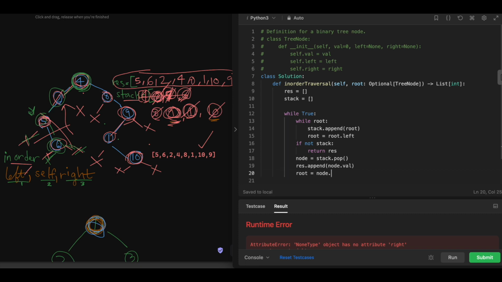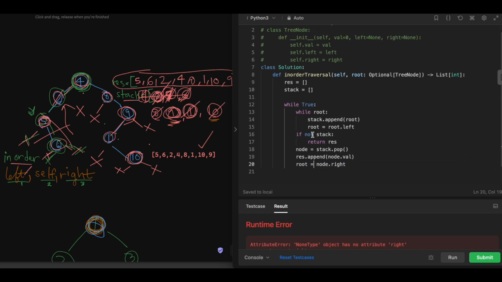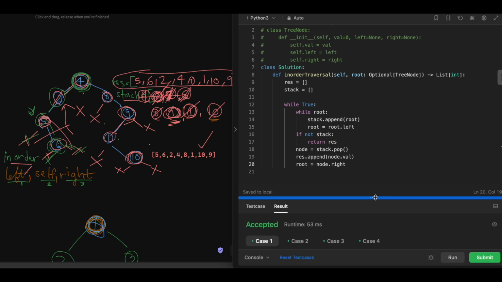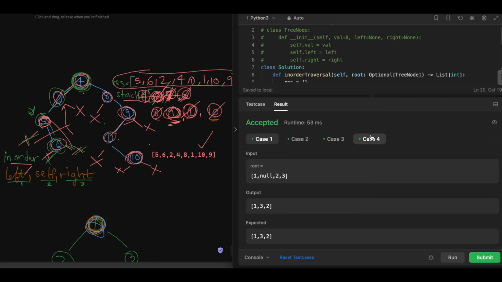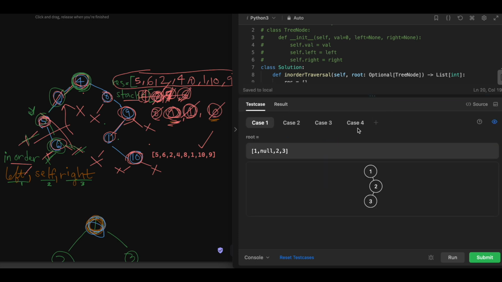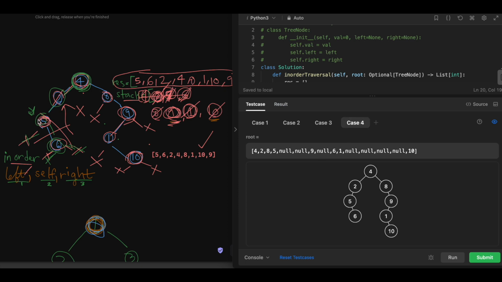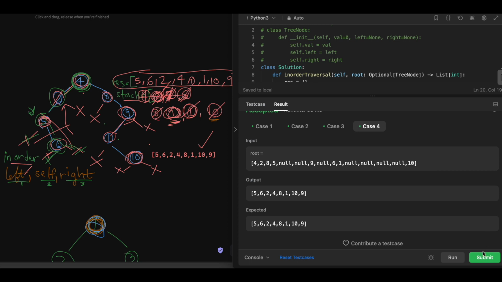Root is equal to node dot right. Okay, and then we should be able to run. All right, once again, our special test case was this guy right here, kind of a very zigzaggy test case. And then we submit,